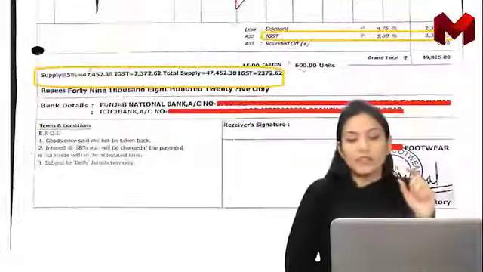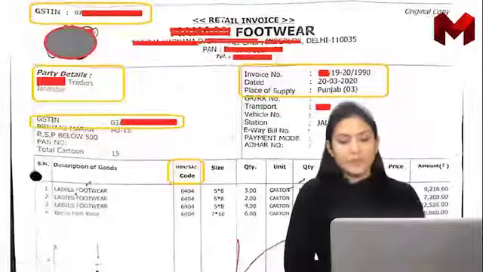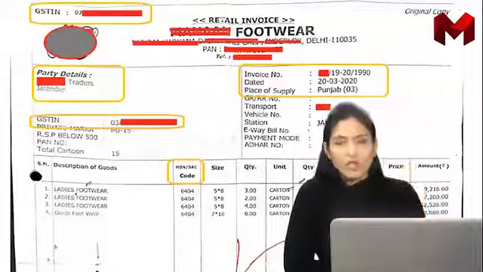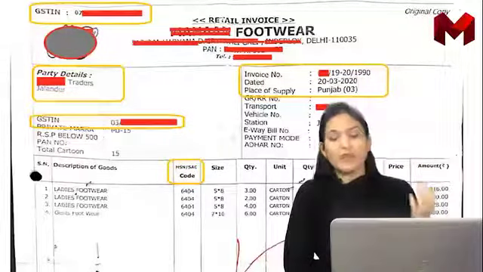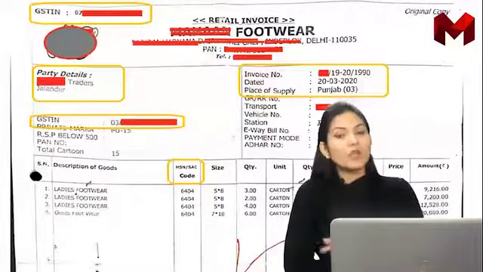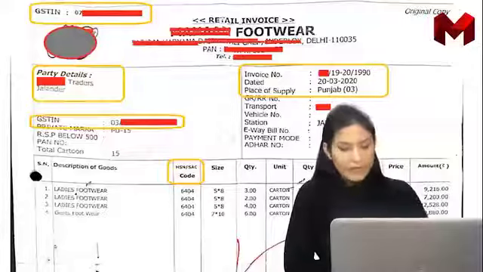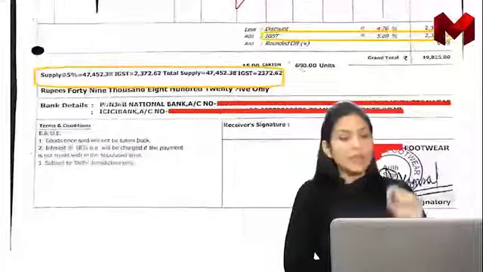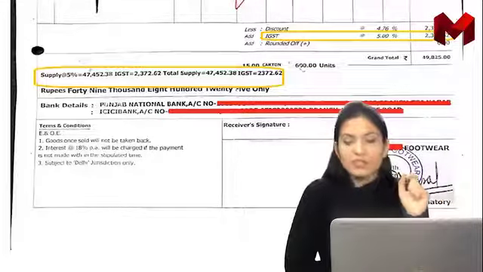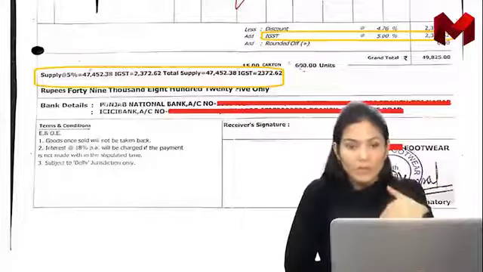So if we see the total amount, the amount was quantity multiplied by rate, the normal bill. Everything is mentioned on the bill: the size of the pieces, the quantity, the units, the rate, the amount. So everything that is written on the bill is complete information of the goods which are being supplied. Now the discount is also there, 4.76%, 2371.62 is the discount amount given by that supplier to us.